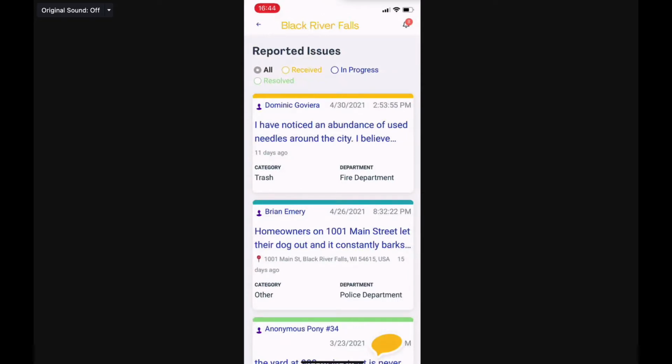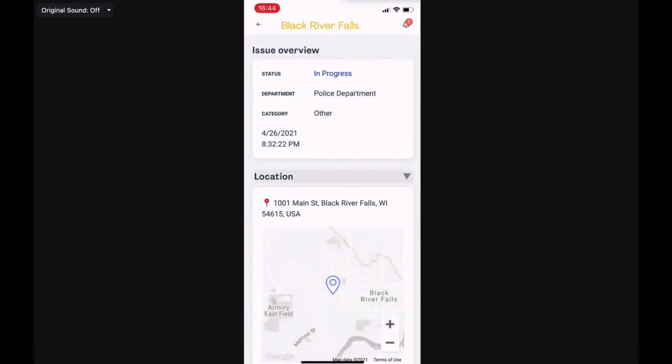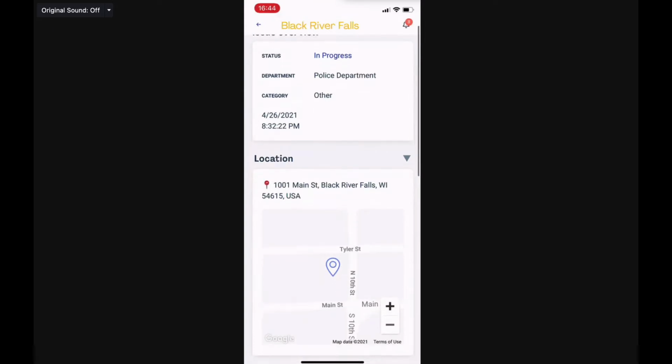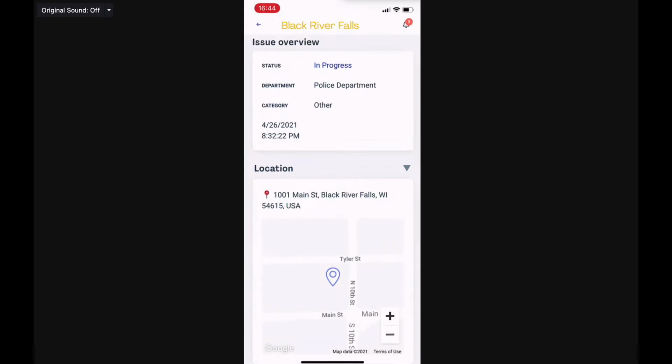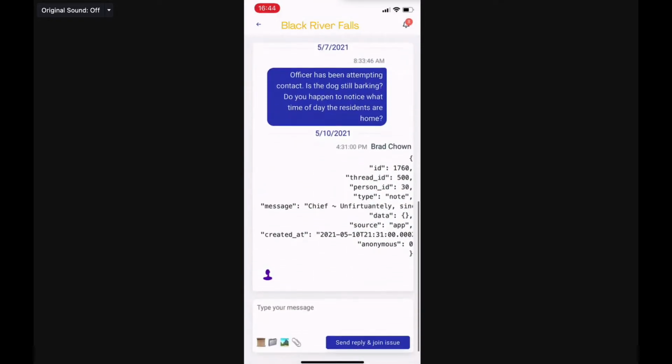the village and city administrator to see what is going on, what's happening. And then this is an issue, and we see the actual GPS coordinates of it, which were automatically added. We see exactly where the issue was reported, and it shows the address right there. And you can see that the status is currently in progress, and this was marked by the police department. So this issue was submitted on May 7th, so just not too many days ago,